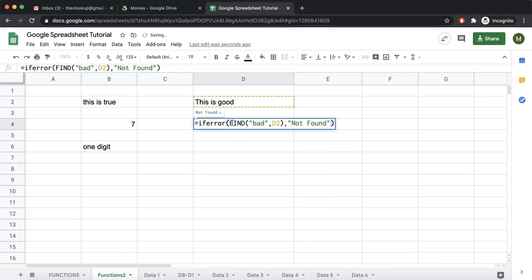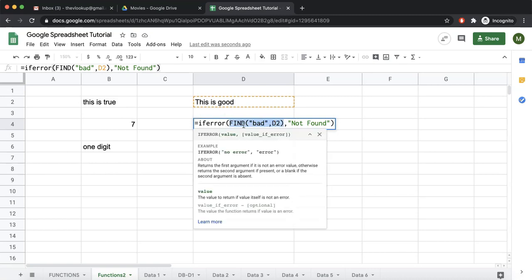How this works is the first parameter is to see the value. Since this is returning FIND "bad" in D2, this is returning an error. This function says if this returns something which is not an error, then simply print that. In case this value is an error, then do this.